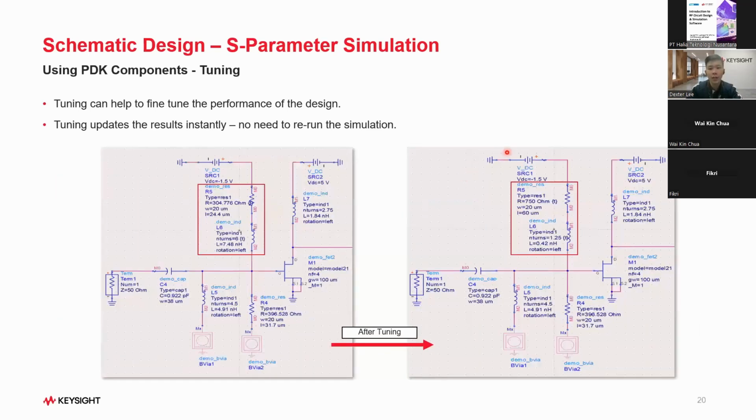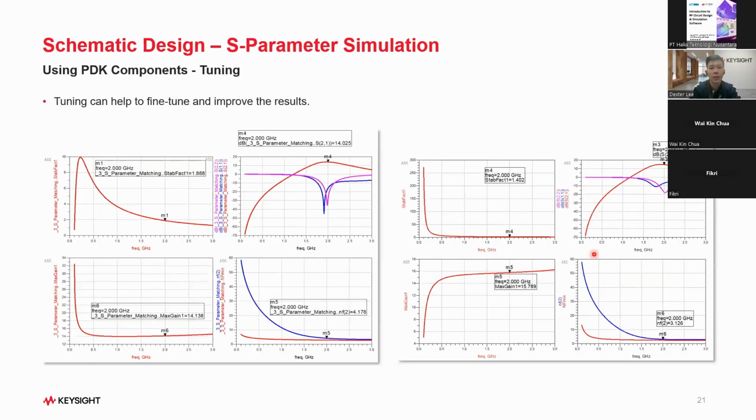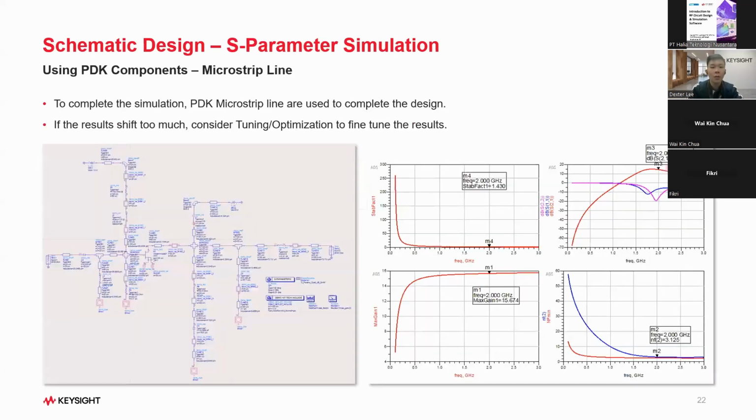After tuning, this is the updated result, and then we can use it for our final design here. Definitely tuning can help to improve results. I think initially it was 14 or 13, but after tuning, we are able to get a better S21 result. Just slight fine tuning here. I think we are pretty much done with